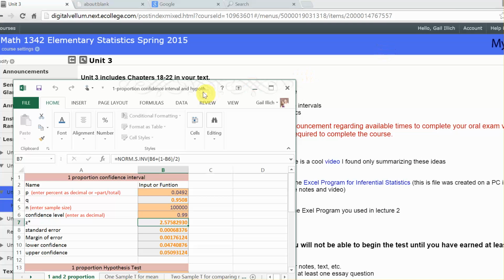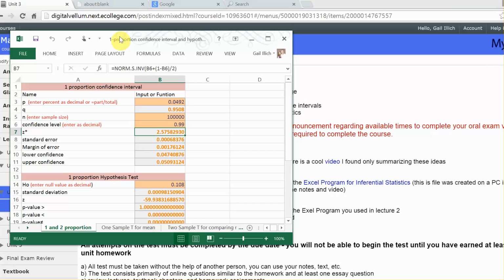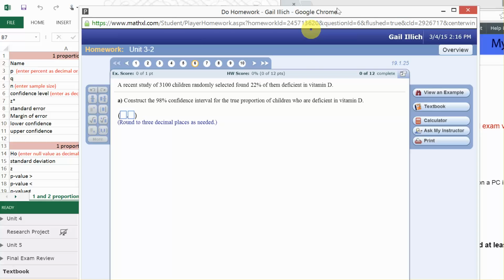So with this spreadsheet that you're using, we can make it smaller like that. You'll see that anything that's orange is what you're supposed to type in, and anything that is gray is a calculation that I've written for you so that you don't have to do that calculation each time. So let's see if we can